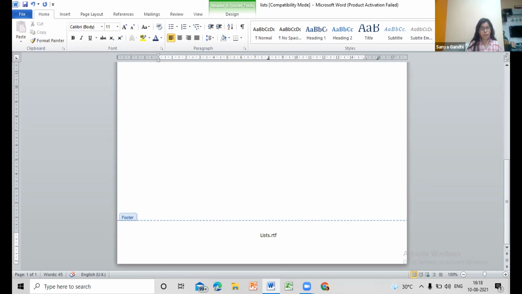And L should be small because it is saved that way only. L should be small. Yes, this is fine.